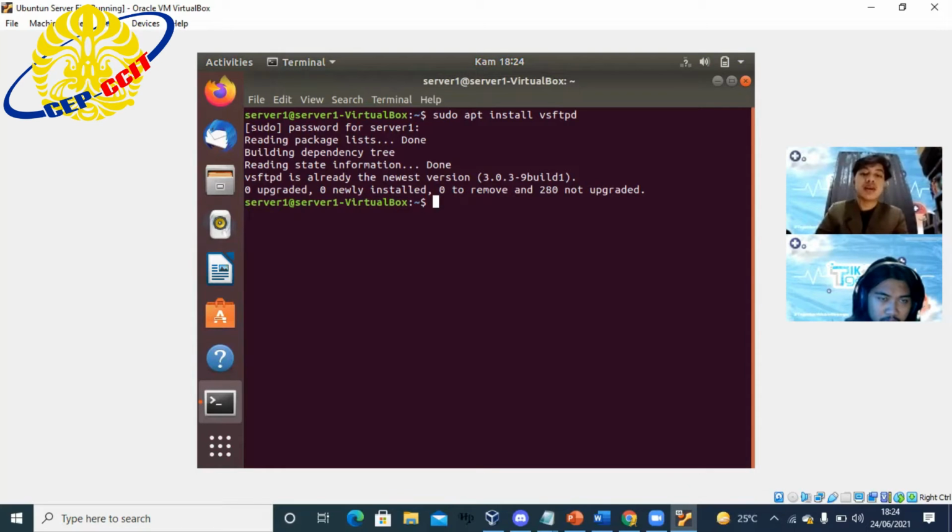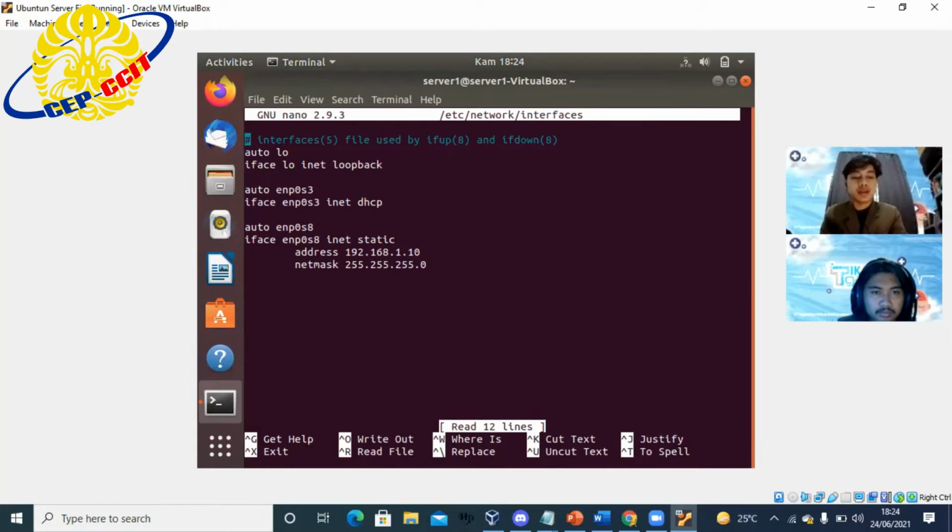After you install the FTP, first you must set the IP address. To set the IP address, write the syntax sudo nano /etc/network/interfaces and then click enter. This is the place to set the IP address.